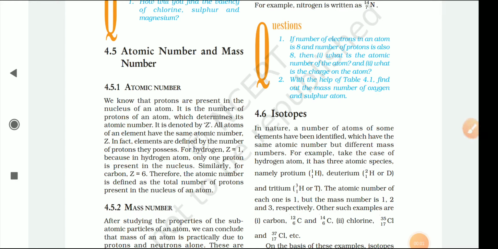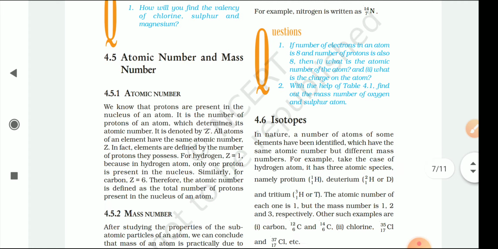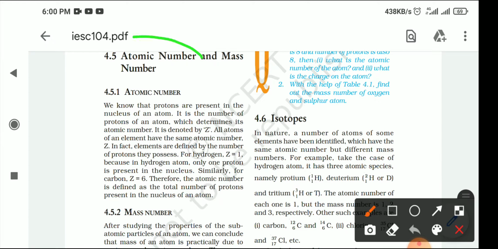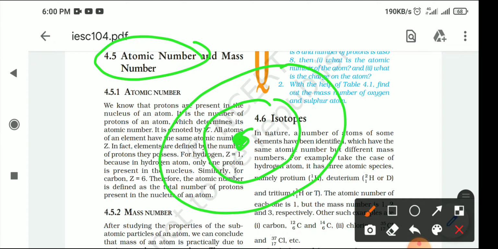Good morning class. Today we are going to discuss two very important topics: atomic number and mass number. Okay, so let's start with atomic number. As you know, this is the nucleus, and outside it there are electrons revolving. According to Bohr, a certain number of electrons revolve around the nucleus in the different shells.